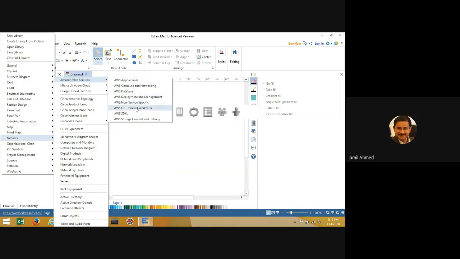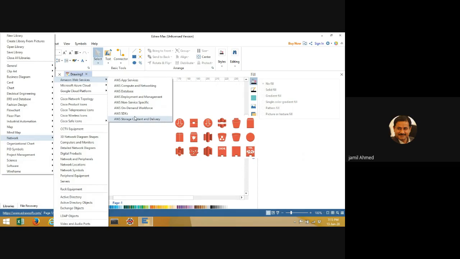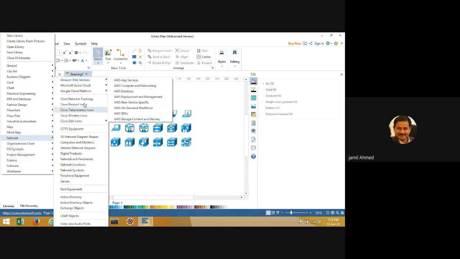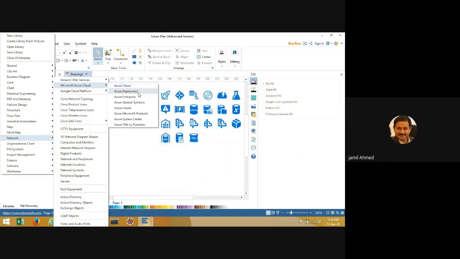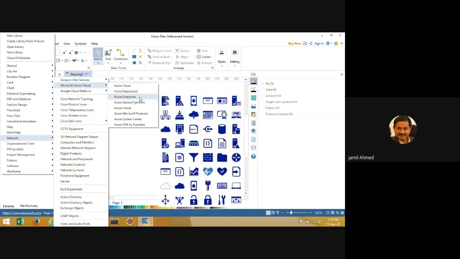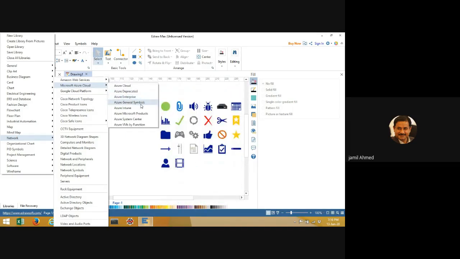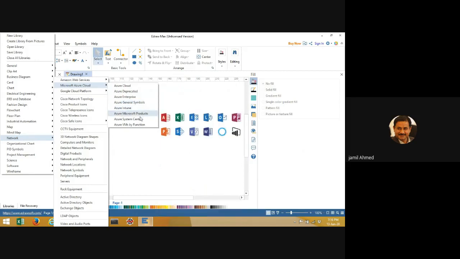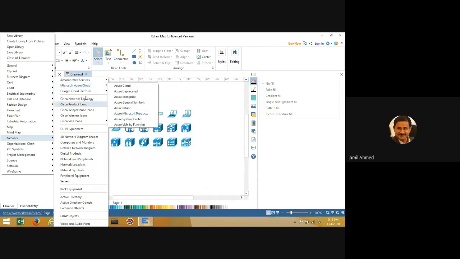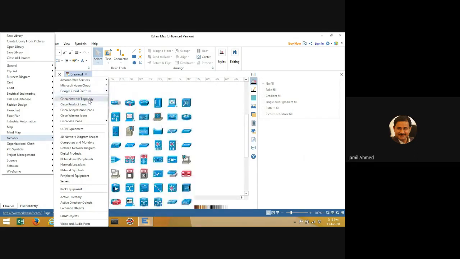Actually, I want to see from where I can take the component of the service. Definitely there will be, as you will do, for example, these are the servers, you know very well. So Azure Center is there, the data is there, the network topologies are there, and